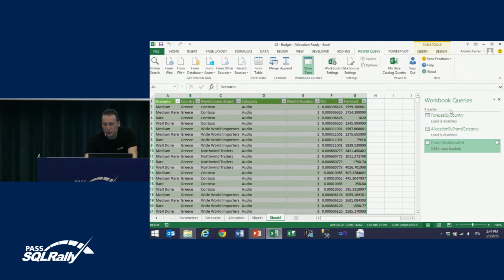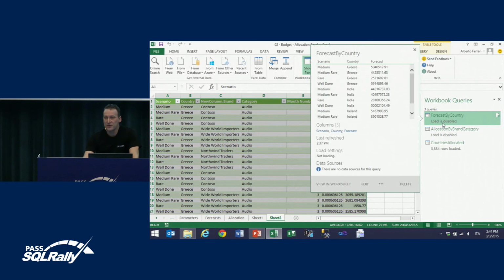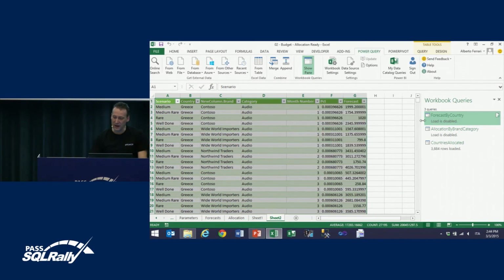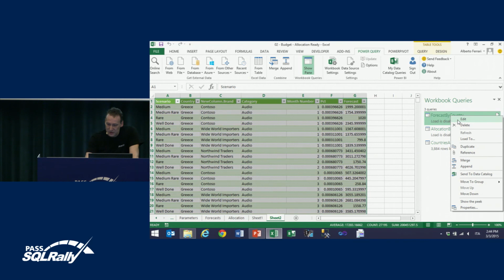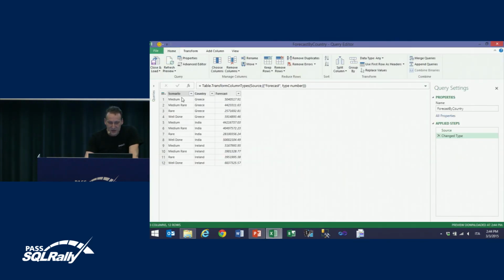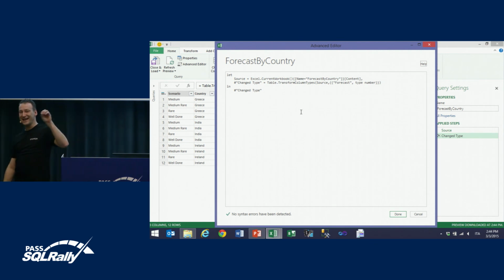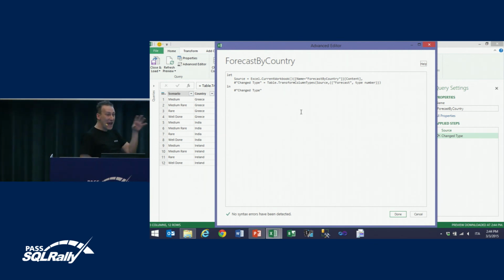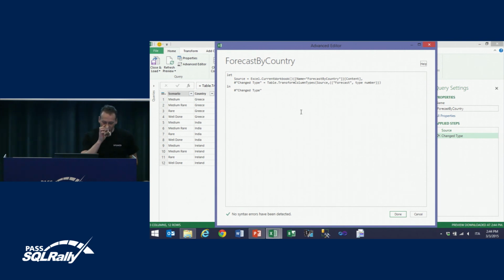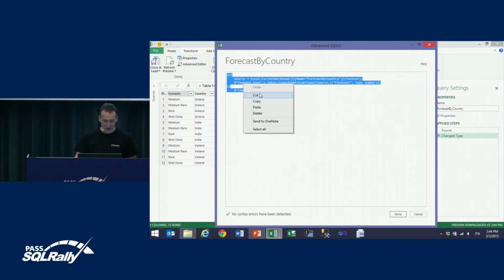It would be much better to remove these two queries and merge their content in the last one. This is not very hard once you start learning the M language. In fact, as you can see, I have done a set of steps in order to generate my query. This set of steps is stored in the advanced editor. The advanced editor shows you the M source code that generates the transformation. And this is just source code, so you can simply copy it,